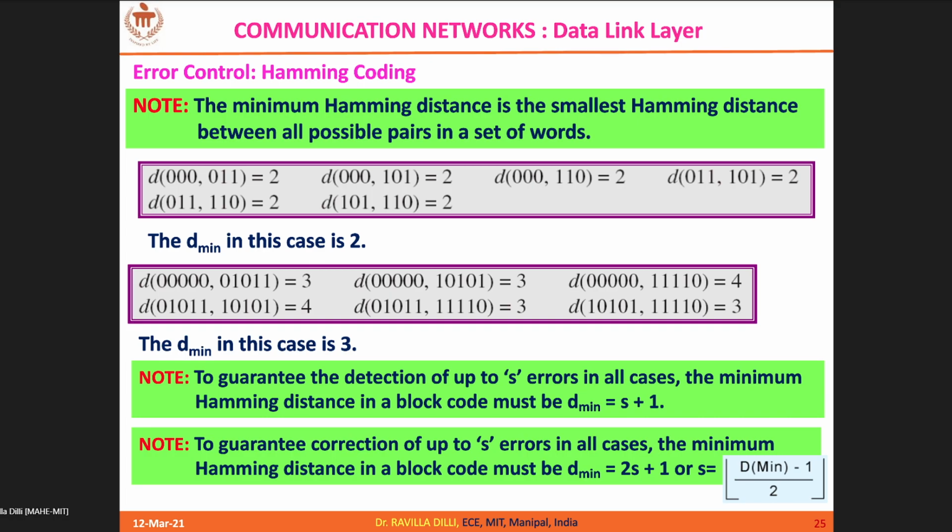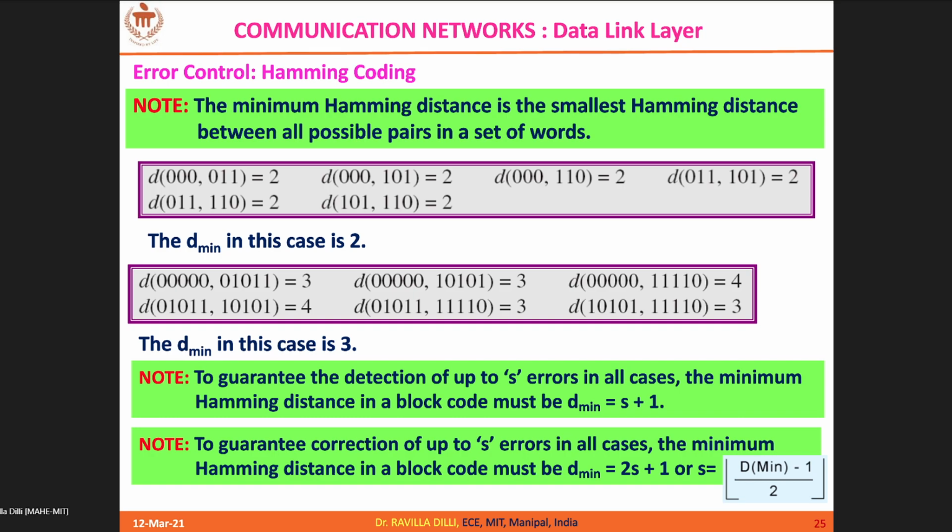In the same way, the number of errors that you can correct is (minimum Hamming distance minus 1) over 2. If you arrive at decimal values, then you have to take the floor value. So the floor of 1.2 is 1, the floor of 2.26 is 2, the floor of 3.01 is 3. So I hope you understand why I am defining this minimum Hamming distance. It gives you how many errors you can detect, and out of them how many you can correct.